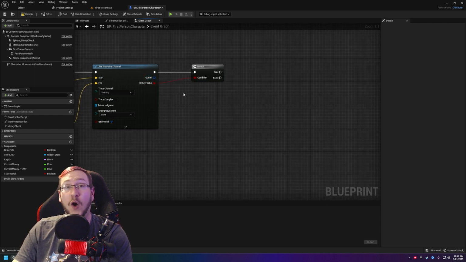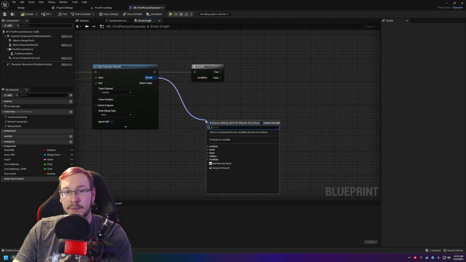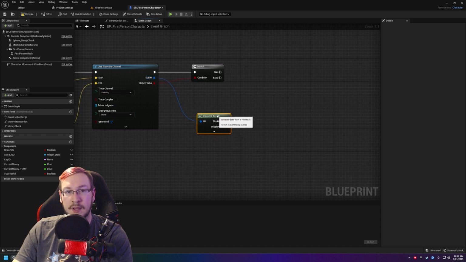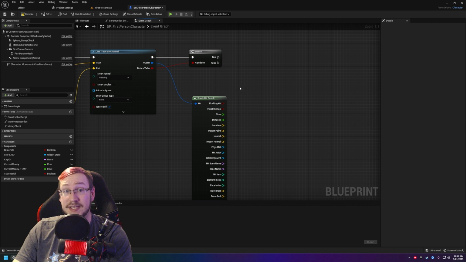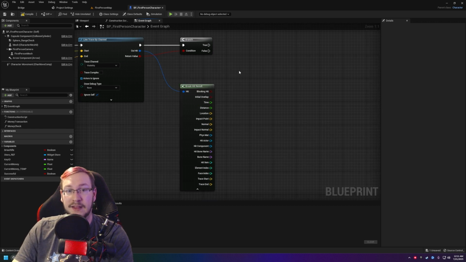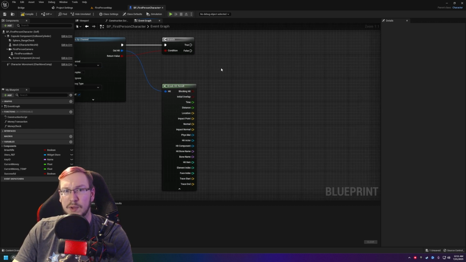The out hit is all the information that the line gathered whenever we shot it out. So I'm going to take the out hit and bring it down, and you're going to notice that I can do something called break hit result. And now we have this nice new little node. All this node does is contain information. And if we hit this down arrow, look at all of the information that line trace can get us. Well, in this case, the only thing we really want is the hit actor, because we're creating an